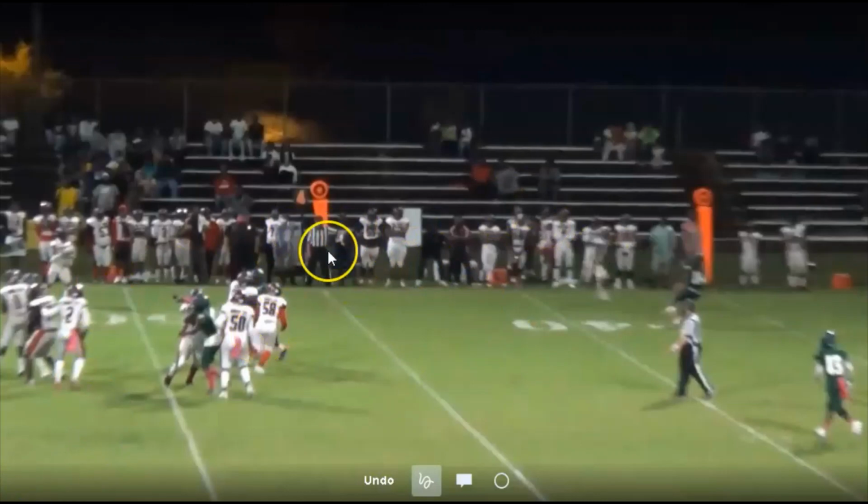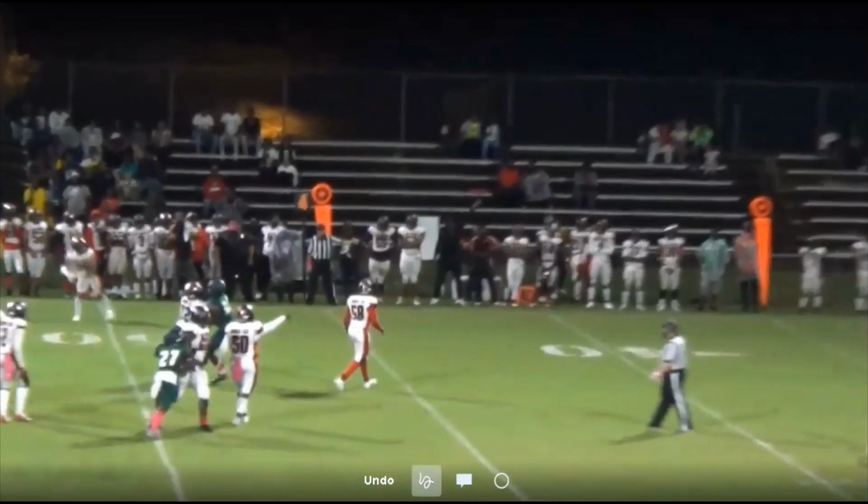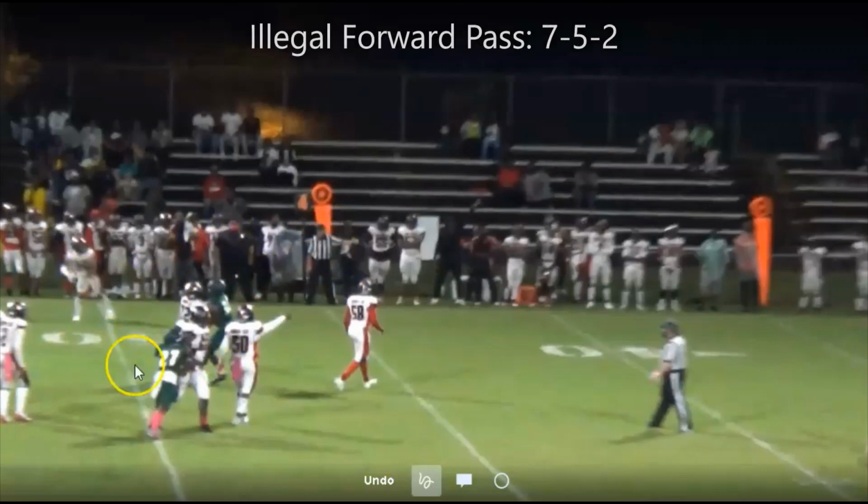So right here, we've got it ruled that it's a forward pass. And as we go along, it's pretty obvious. Officials, if you know you've ruled it forward, you can see this happening. It ain't like they run a little pitch forward and double reverse and he tosses it, like you can tell this is going to be a double pass. So we've already ruled it forward. So let's think in our minds, all right, if he slings this thing downfield, we got a foul. And in this case,